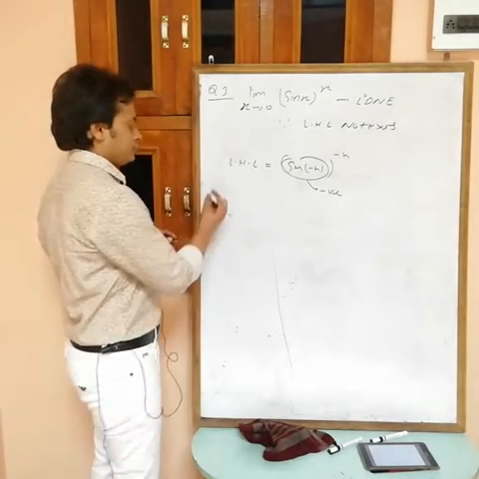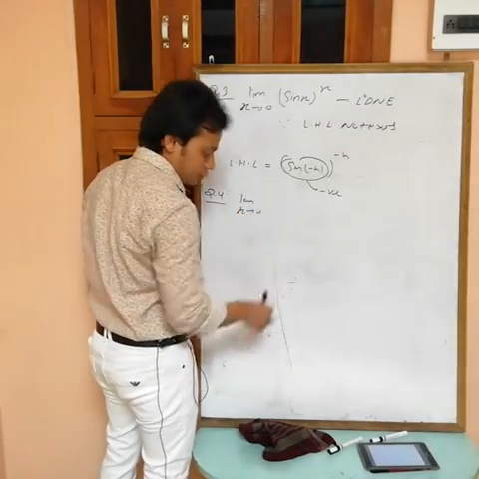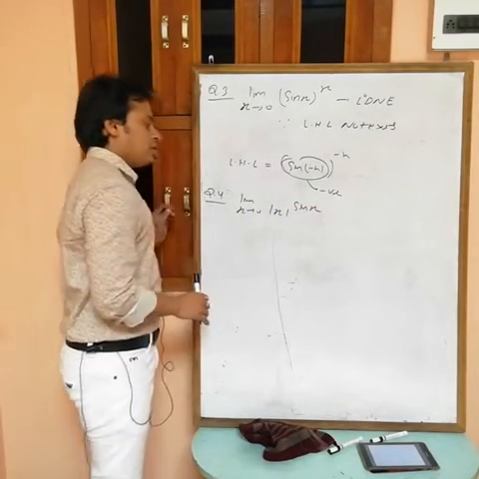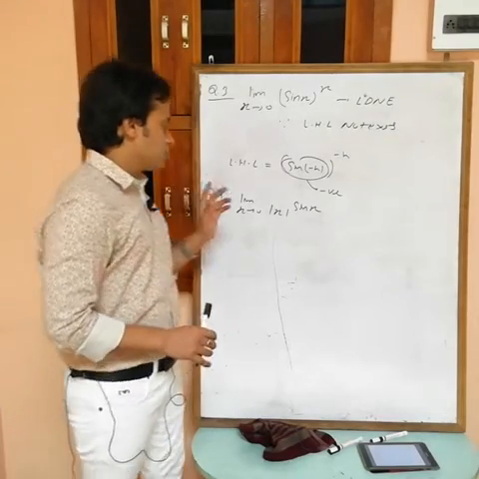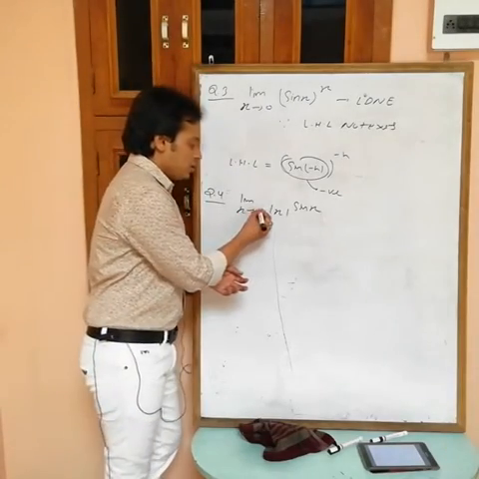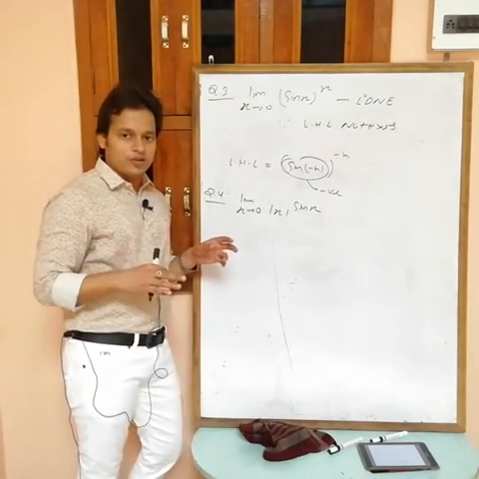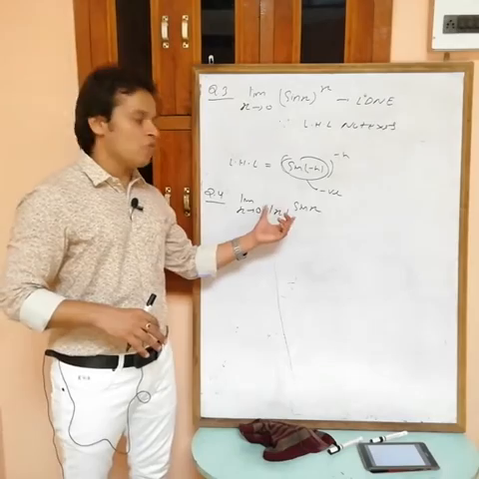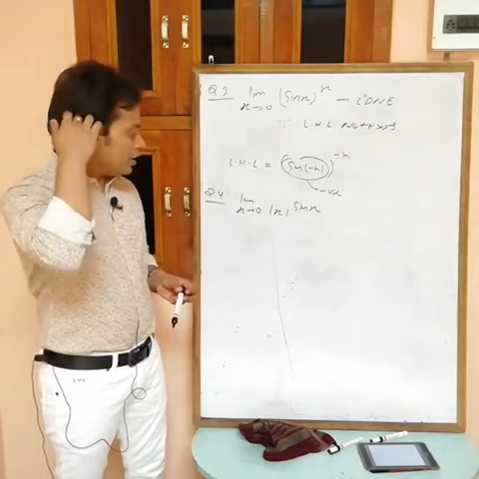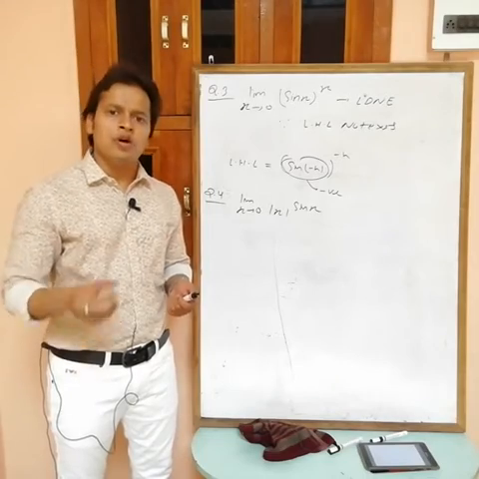Okay, write down. Next, limit x tending to 0, mod of x power sin x. Now no problem. Limit x tending to 0, mod of x power sin x. Now for this one no problem, because x tending to 0, it means 0 plus and 0 minus. Now put 0 plus or 0 minus, mod is always positive. Okay, and here also we have modulus function, so we have to find both LHL and RHL. Find out both, you will get same.